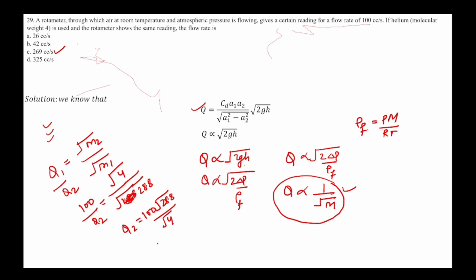Let me check once whether I am right or wrong, but I think this is the answer, 269. 100 into 28.8 under root divided by 4 under root, 268.8, 269. Okay, so